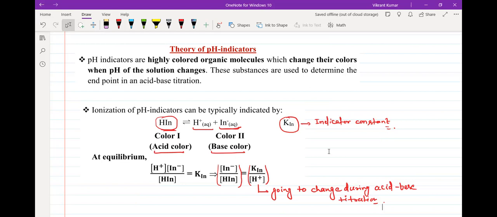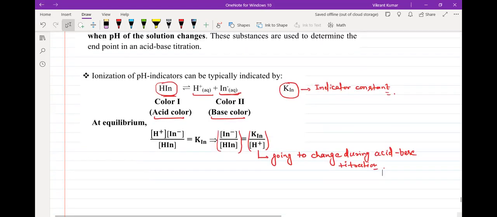Is it okay? So the extent of ionization of the indicators will be affected by the pH of the solution, but the pH of the solution practically remains unaffected due to presence of the indicator. Understood the point? Okay. So that's why we'll write both the points. First point is, if I'm talking about the indicator's acid to base ratio, if I'm talking about that,